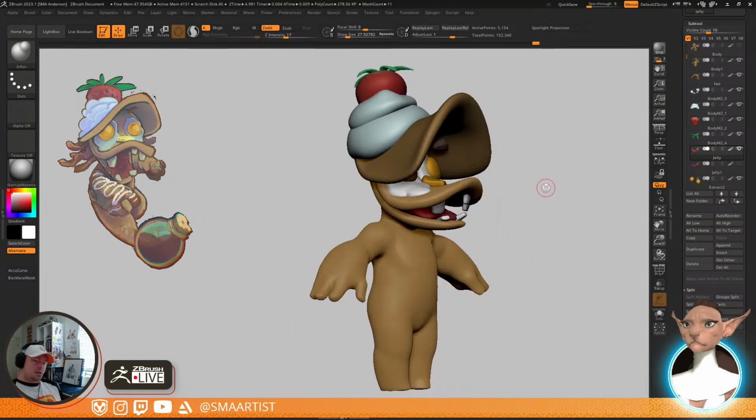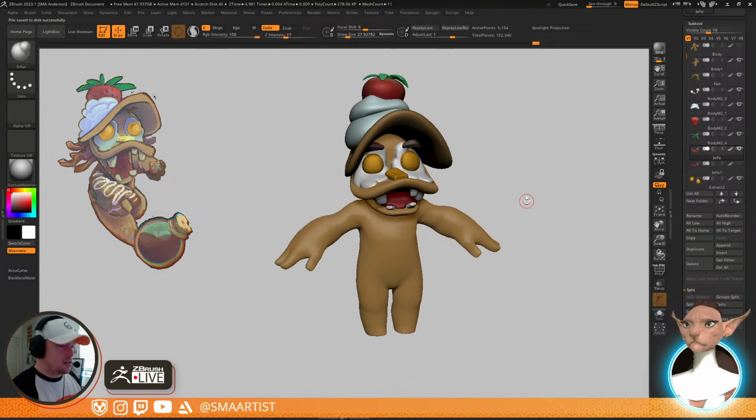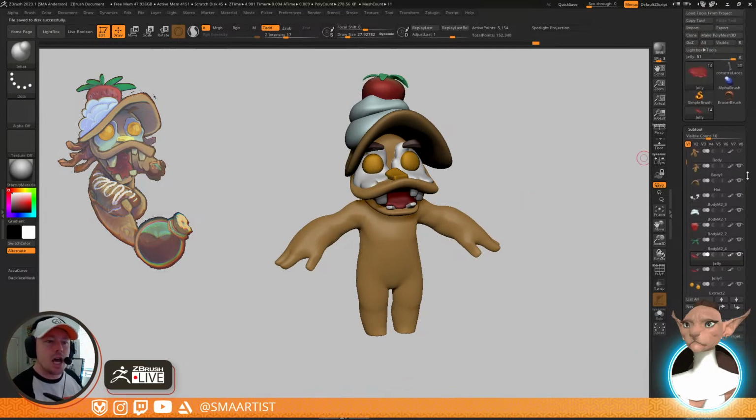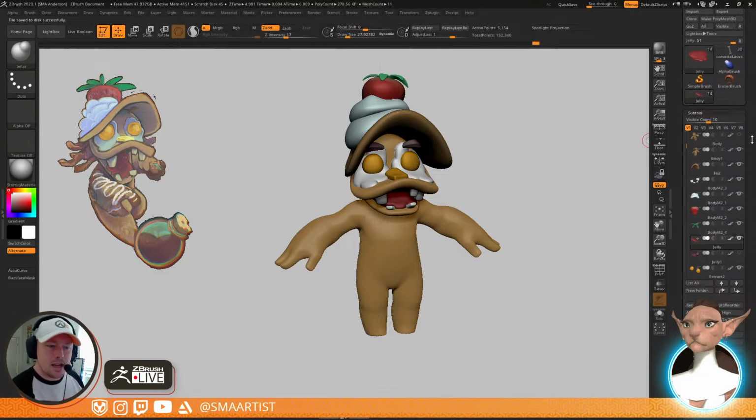Let's see. Let's make a bacon brush. We need to make some bacon. Let's see. Here, let's hit save so that we don't lose it. Because, you know, we do that sometimes. Let's say...